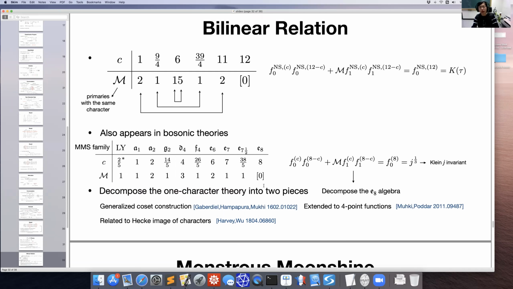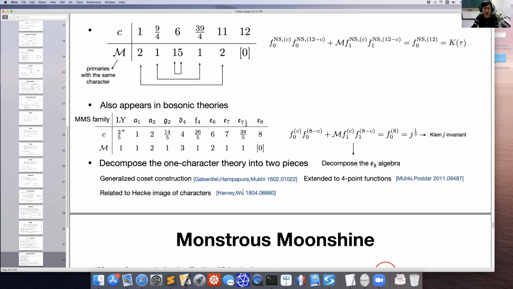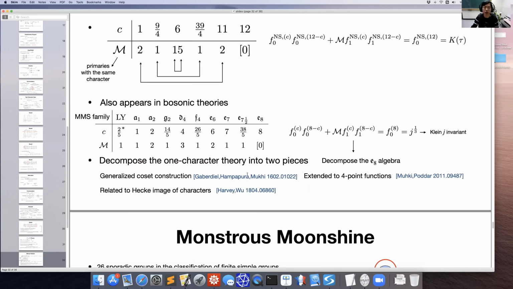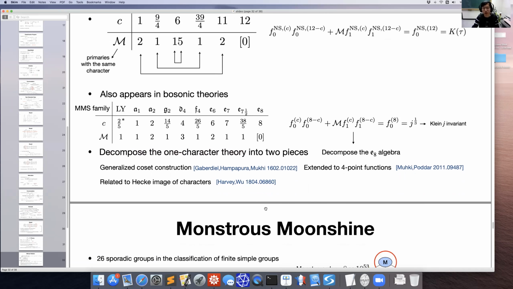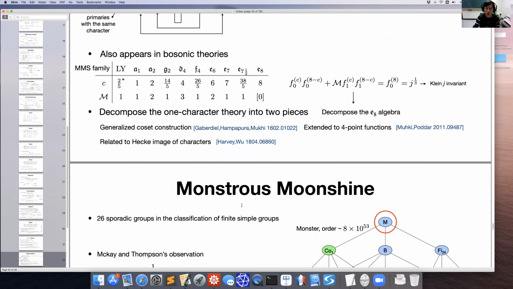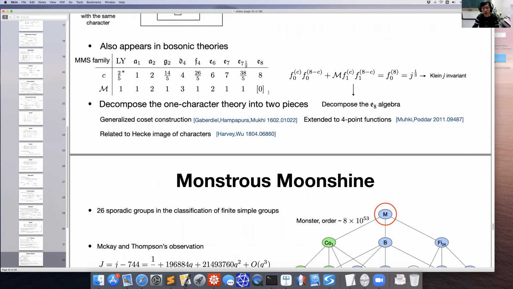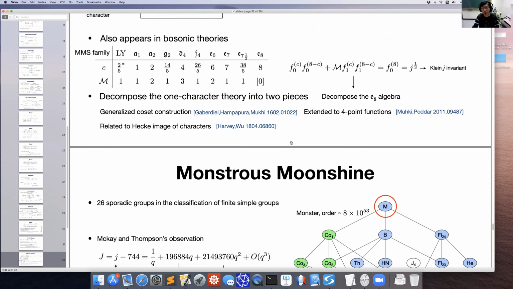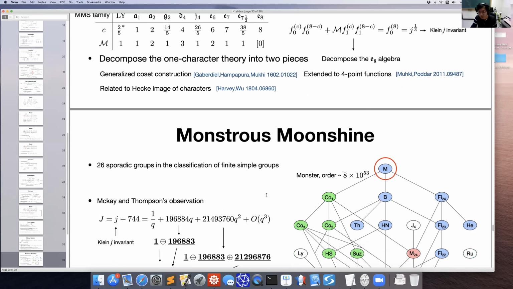Okay, and actually, there's a very famous one-character theory, which is known as the monster CFT. And now my next slide would introduce the monster CFT and talk about how to decompose the monster CFT into two pieces. So to explain this,